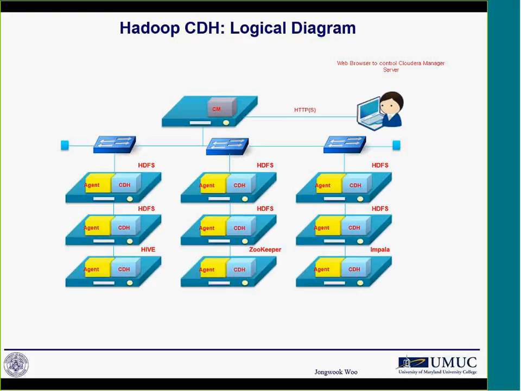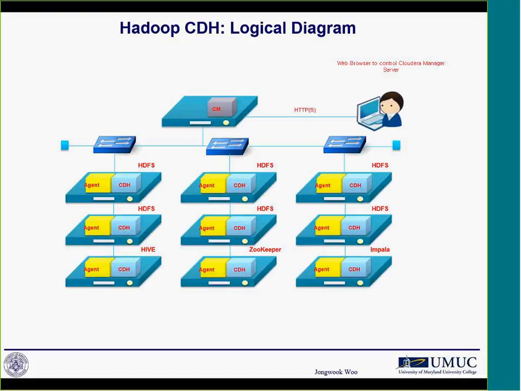But in here, there are 9 servers. On the top, there is 1 server for monitoring the servers. So there are a total of 10 servers, and each 3 servers are racked, so there are 3 racks that have switches. There are 3 switches that communicate with each other,